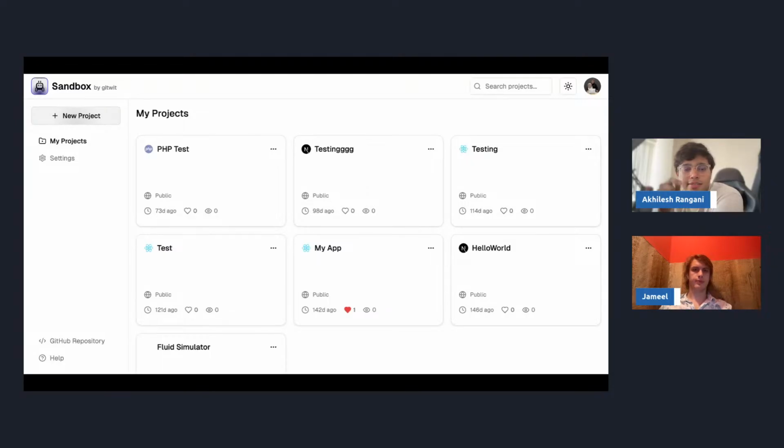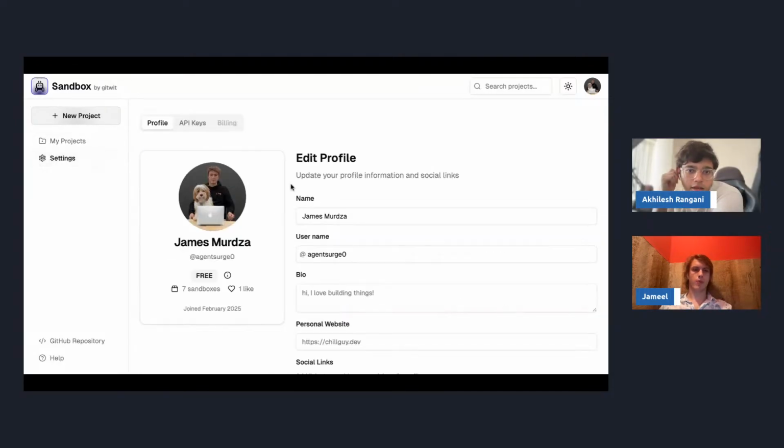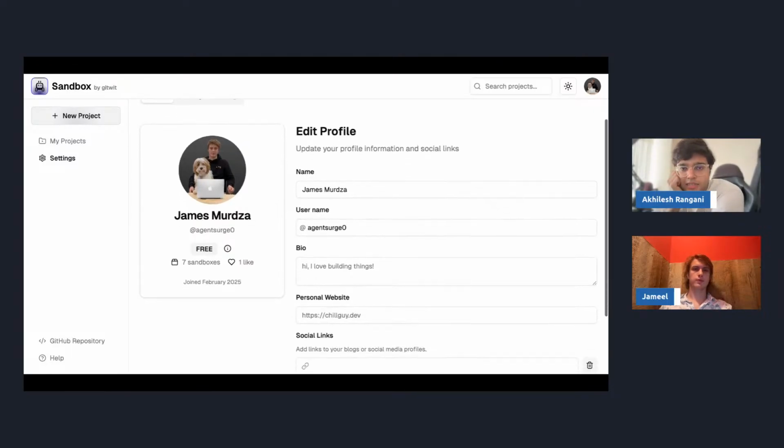If you go to the settings tab over there, the profile edit profile page is moved here. It's basically the same thing, but it's now here. Before we had a different page for it. And then if you go to the API keys tab, if you scroll up a little bit,